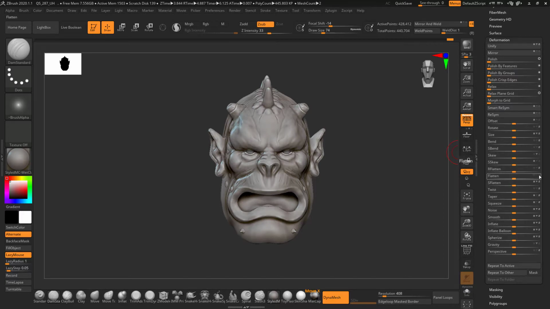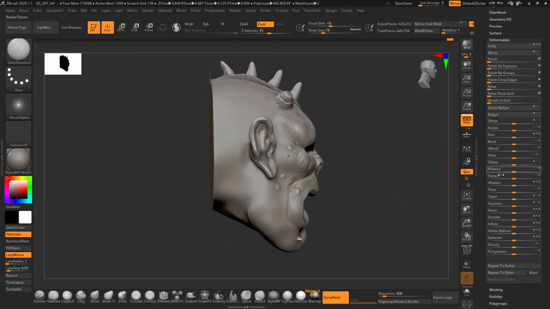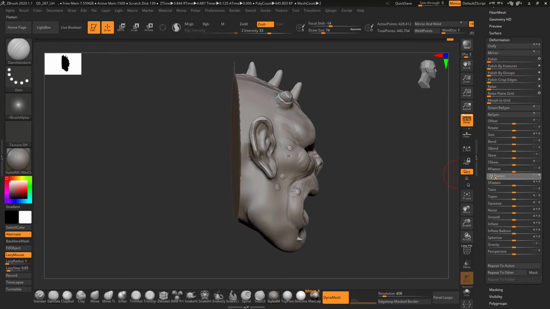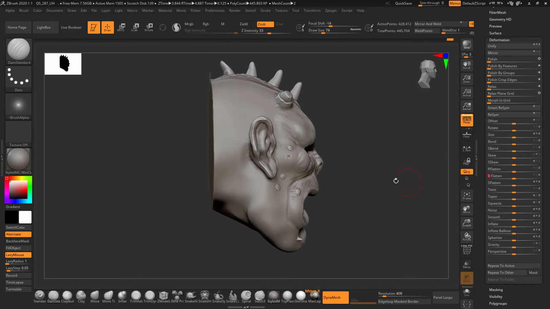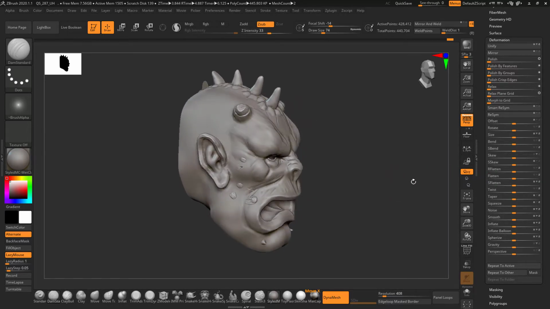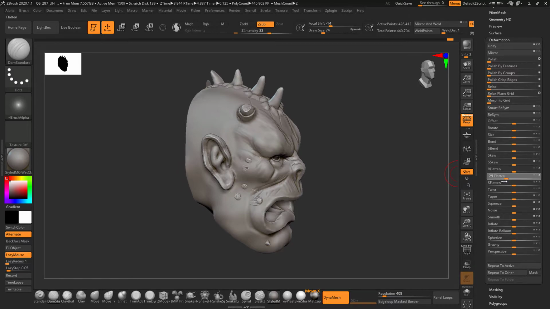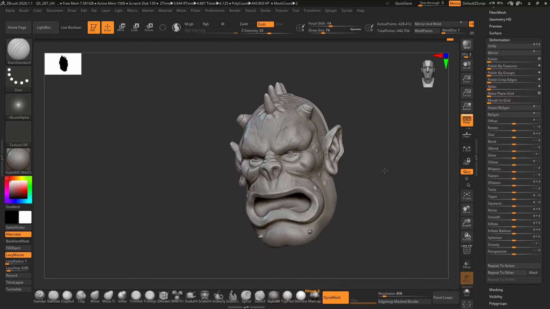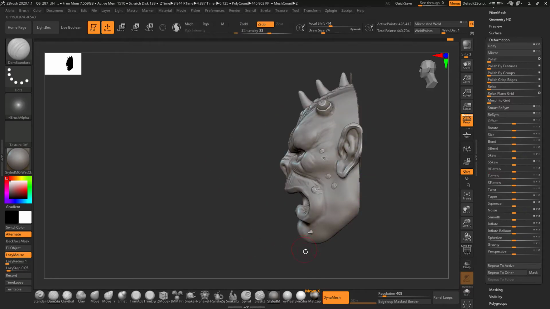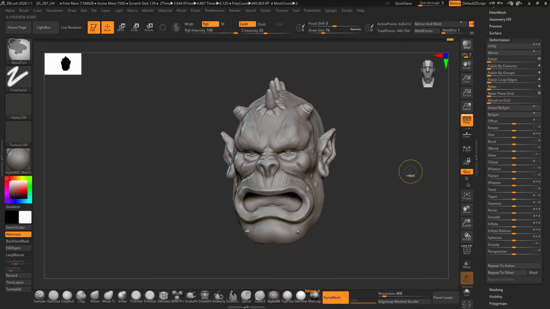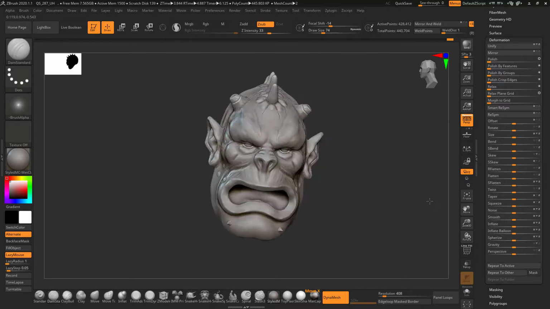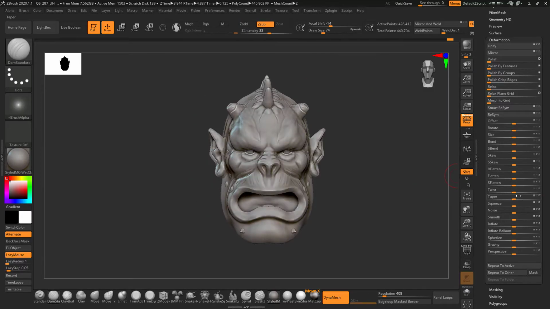I can do it from the z-axis, and I can flatten from the back. The same way. So this is a very handy tool when you want to make it into a 3D print.